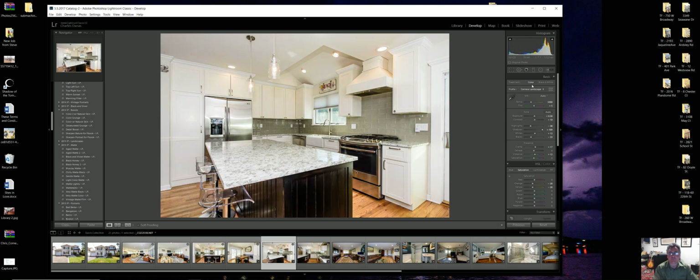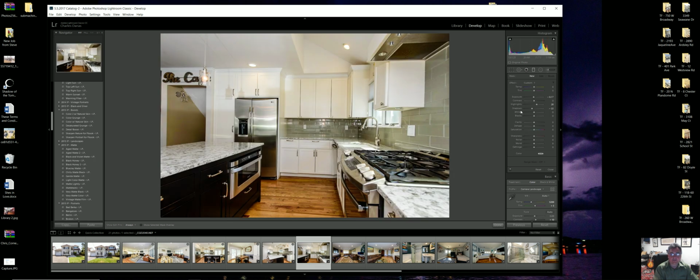This one I'm a little overexposing. I'm going to do my graduation filter here, and just, nope, I don't need that one. I don't need that at all. I'm actually going to do another graduation, just do it a little shorter, just a slight tweak to it, and I'm happy with that one. So as I'm just walking through these to make sure they're all perfect,